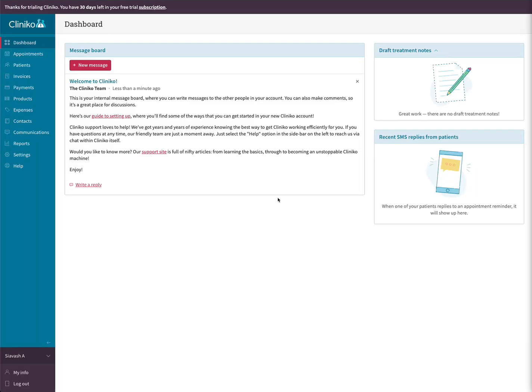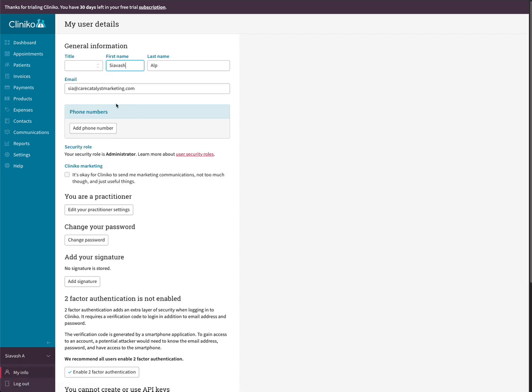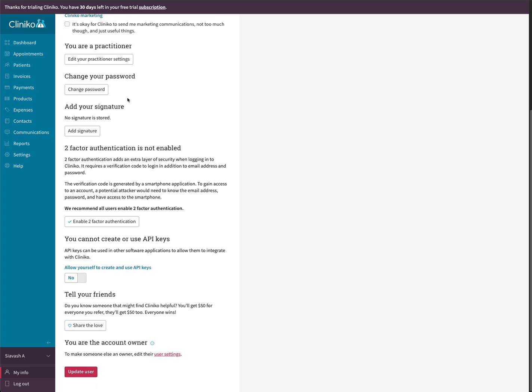Here is how to get your Cliniko API. So in your dashboard, down at the bottom where you have your info, click on My Info. If you scroll down, you will see a section that says you cannot create or use API key. So all you need to do, you see this yes or no, you click on that, make it yes,